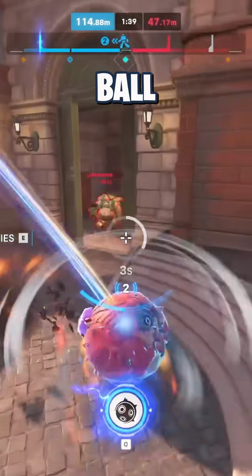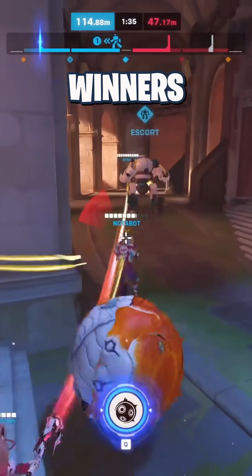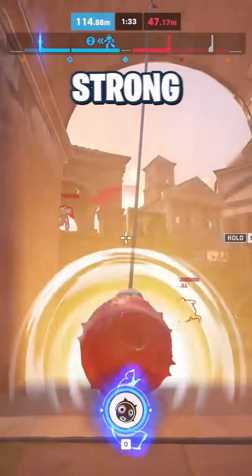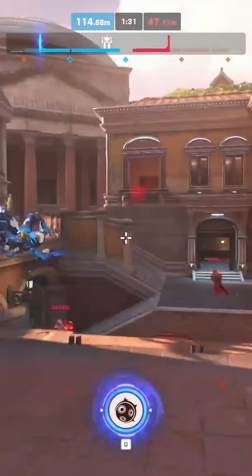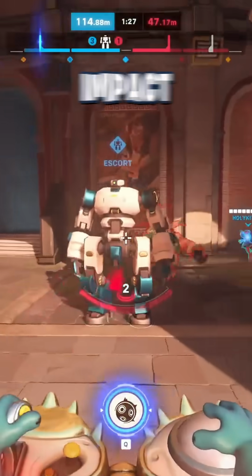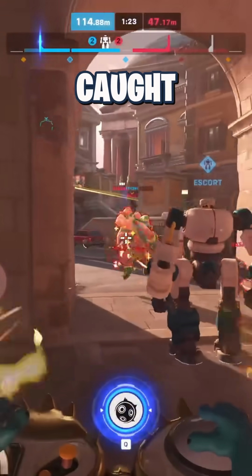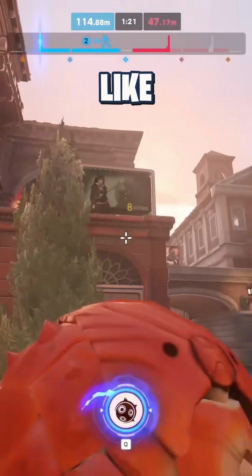Moving on to Wrecking Ball, which seems to be the final tank we're talking about here, one of the big winners this patch. Wrecking Ball was already strong going into this patch, and you have 4 pretty decent perks here. Steamroller: roll impact steals 100% more damage to tanks, which when this caught my eye, I was like, I don't